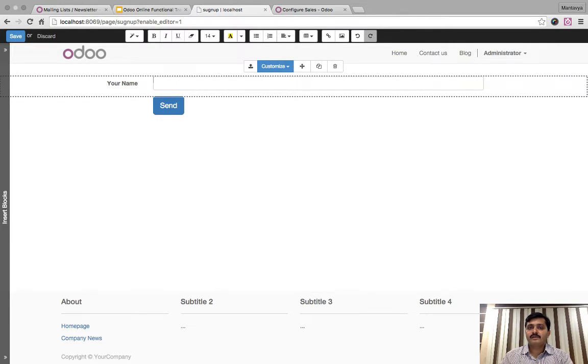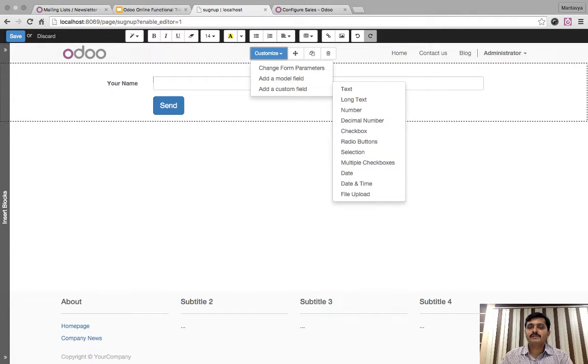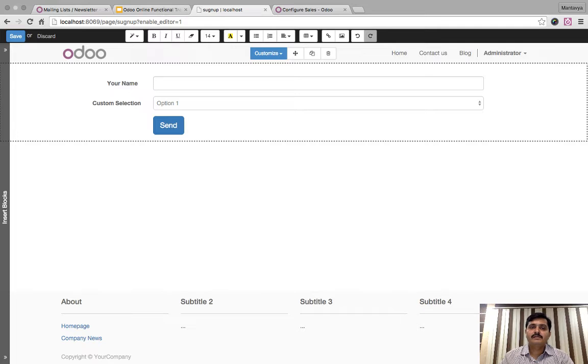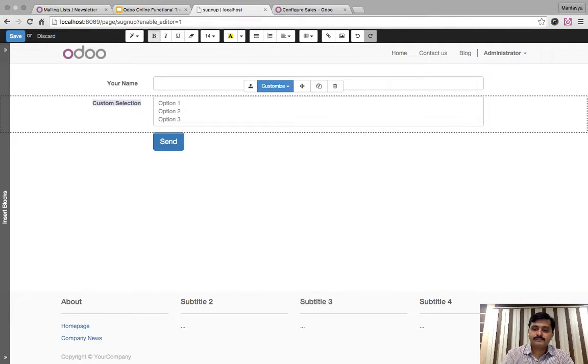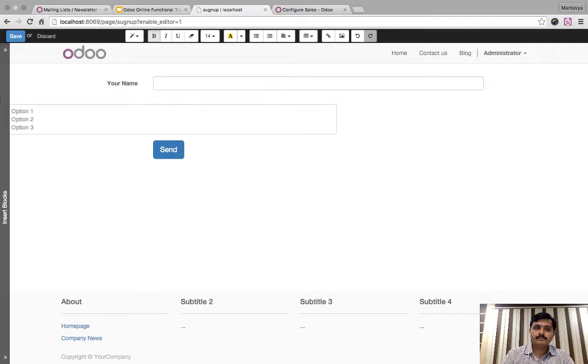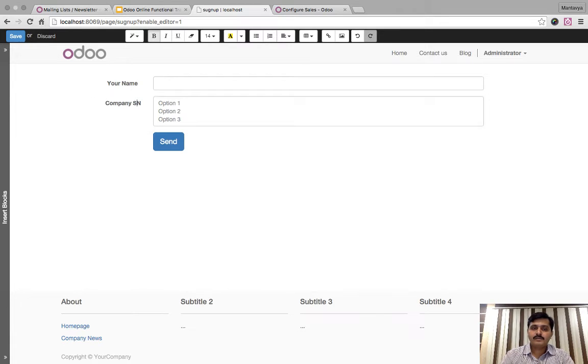Then add a new field, which is a selection, say company size, and I will change the options: less than 5 employees, 5 to 10 employees,